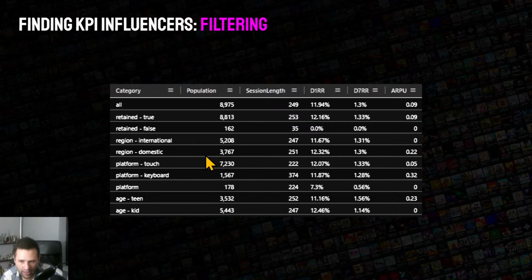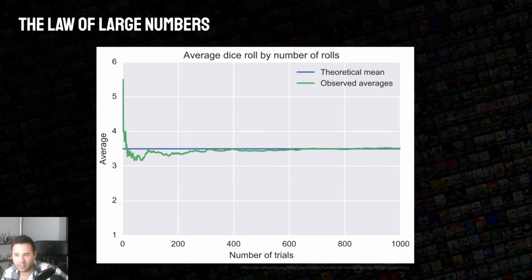But yeah, so for now, just know filtering and splitting up the data set into smaller and smaller groups can be helpful. However, it comes with a big asterisk, and it's probably one of the worst things about analytics. The reason analytics is not something everyone does, the biggest reason I've seen cited against it, is it's expensive. In order to really get the most out of analytics, you need a lot of users.